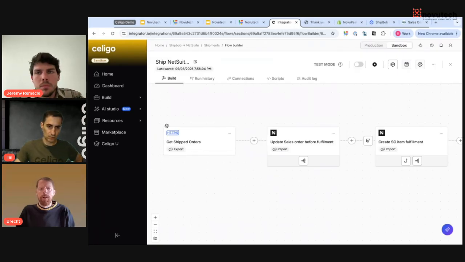So this is what we call a scheduled flow. It will probably run every 10 minutes, half an hour, whatever your preference is. It will get a delta, so you get only the new ones, of course. And here the requirement was that first the sales order needs to be updated. So we go and look for the sales order, and then we actually create the item fulfillment for